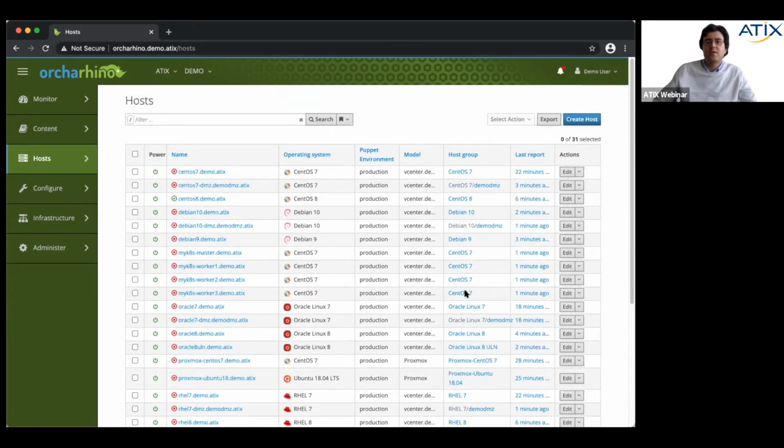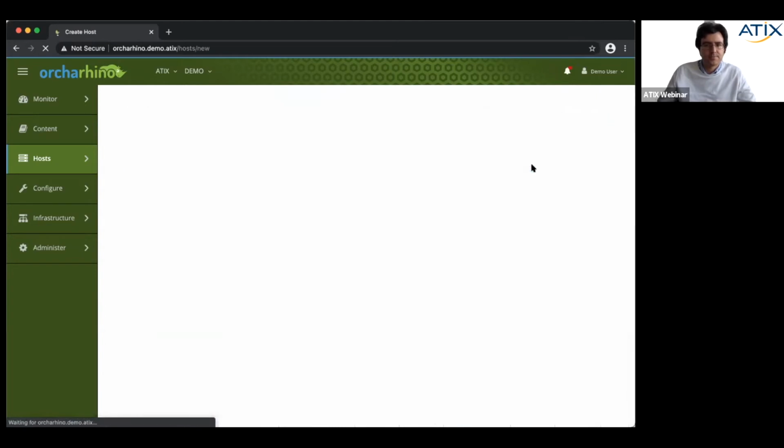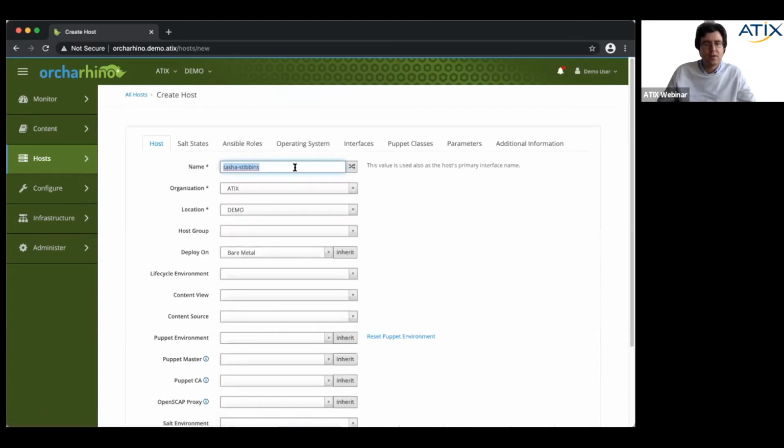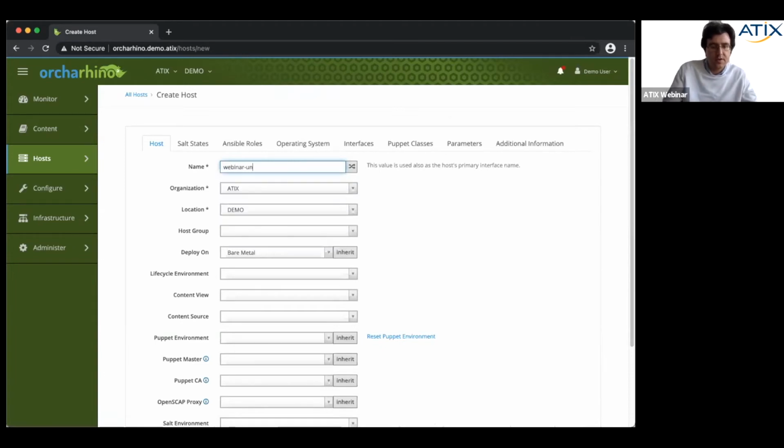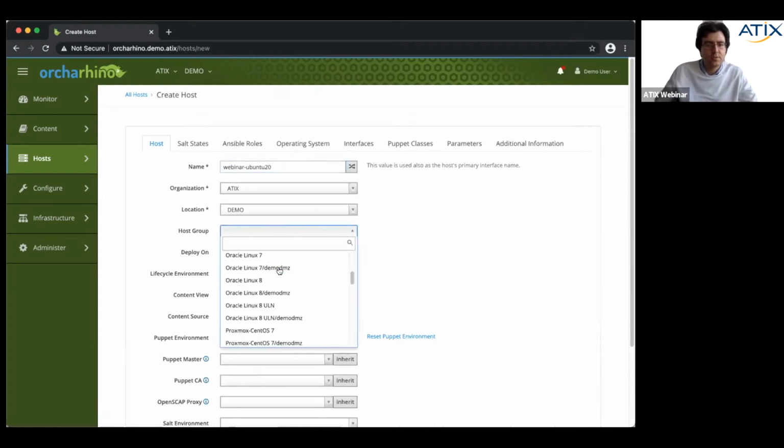So I promised you it's quite easy to deploy a server in Orcharhino. So if we have predefined our parameters, we can just do it with 3 clicks. For that, we get here to create host. Now we have a host name. We can define a name. Let's call it webinar Ubuntu 20. We assign the host group.